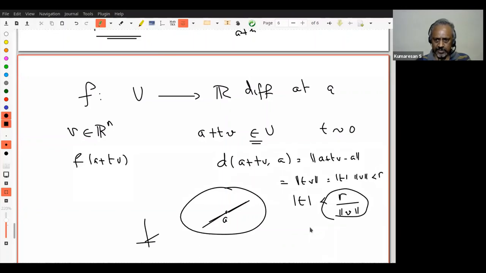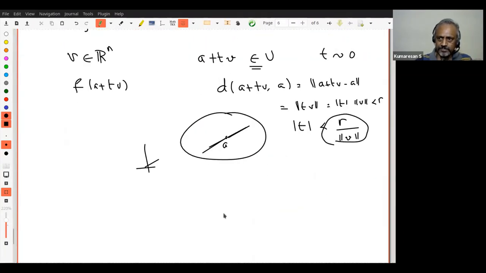Now, if you don't want to assume these things, I can start writing some nonsense. The only thing is, you should learn to go step by step and make sure you are making sense. Everything is precise. That's what we are doing. Otherwise, simply write F of A plus H, B plus K minus F of A, B, etc. But F of A plus H, comma B plus K must make sense. So we have to go carefully.